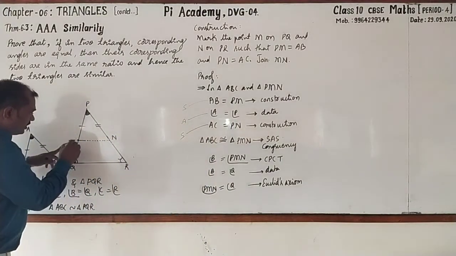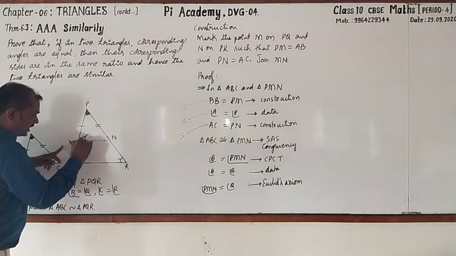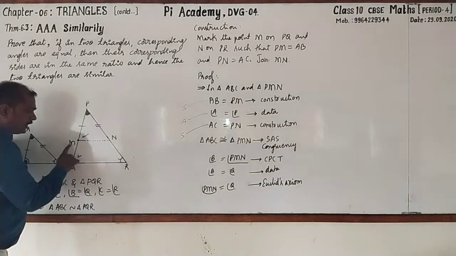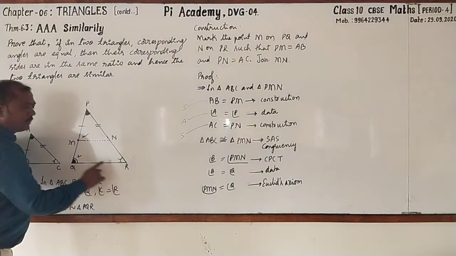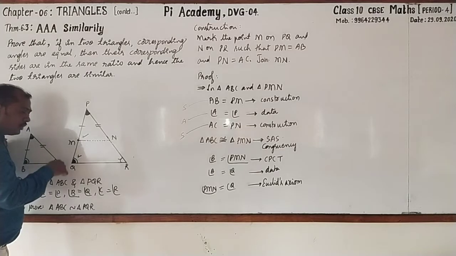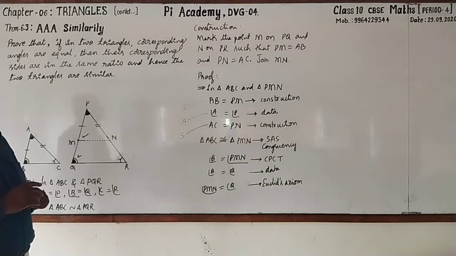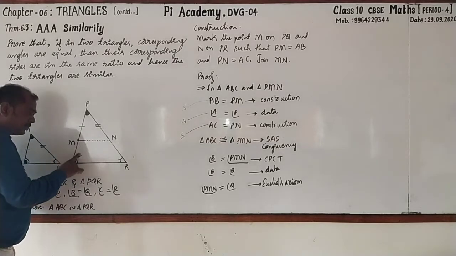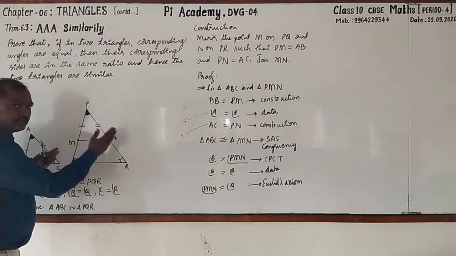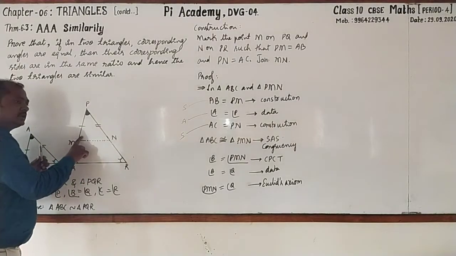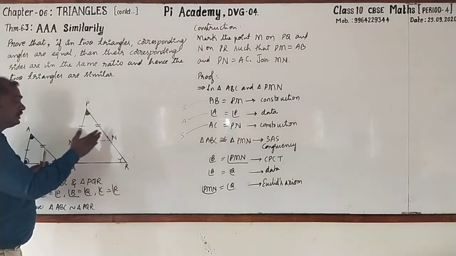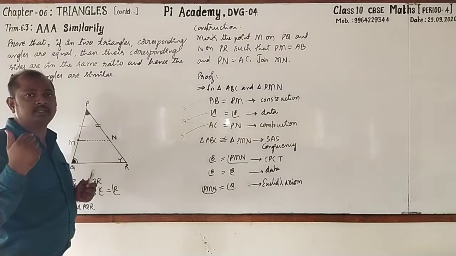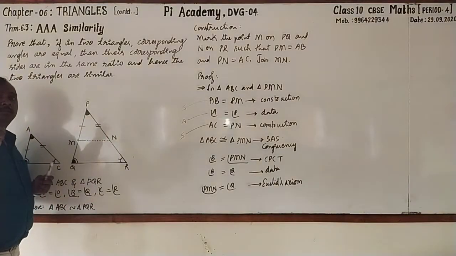Observe. Angle PMN, this angle, and angle Q, they are equal. Dear students, here we have two lines, one is MN and another one is QR. With respect to these two lines, what do you call PQ? It is a transversal, right? Then what type of angles are these two? They are corresponding angles. The angles formed on the same side of the transversal at two distinct points on the same side of the given lines. They are corresponding angles. If the corresponding angles are equal, then what do you say about the lines? Very good. They are parallel.